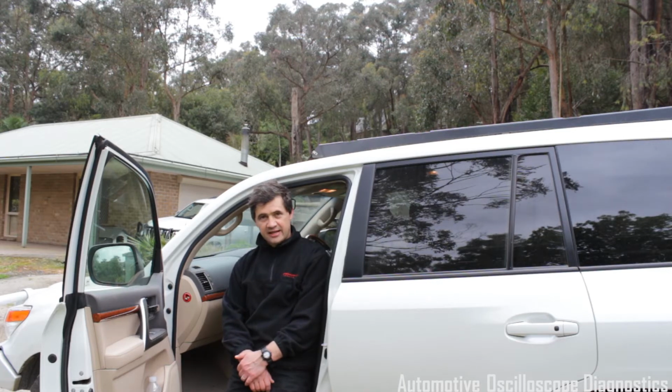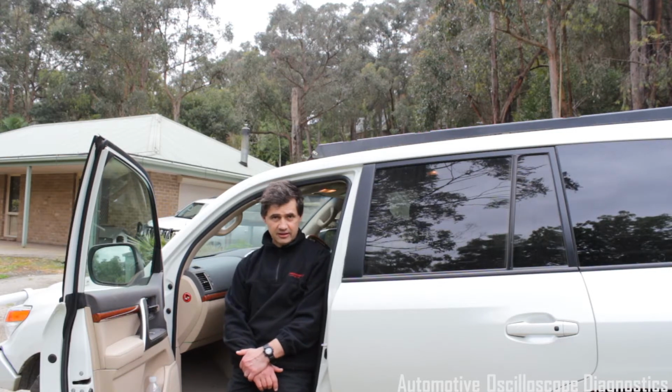The history of this car is that it had a windscreen done around 2 years ago. The car went in for a roadworthy, and it needed a windscreen to pass. Subsequently the windscreen was replaced. It is an aftermarket windscreen, which is not necessarily an issue. This vehicle doesn't have any of the latest safety features such as lane departure, radar cruise and stuff like that. So in this instance an aftermarket windscreen installation is fine,